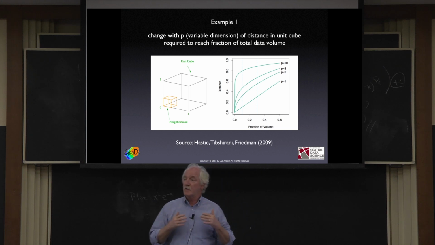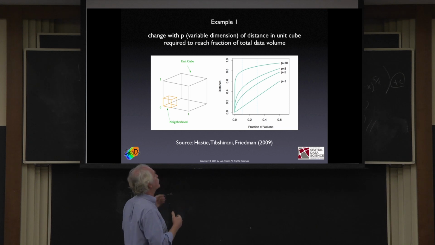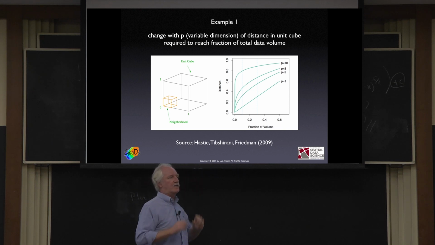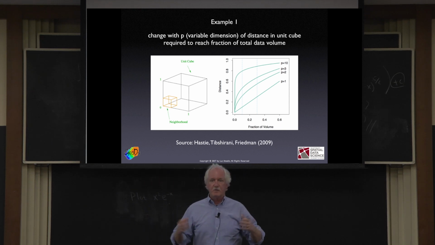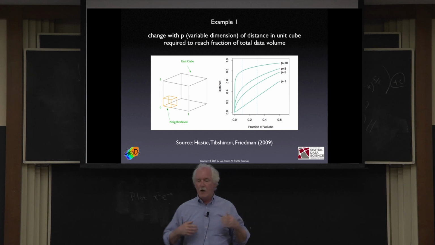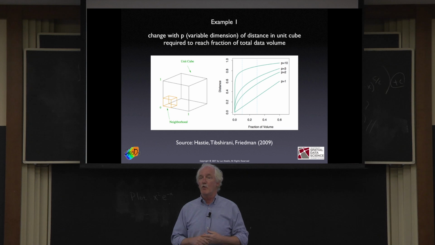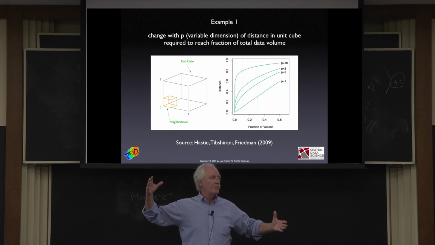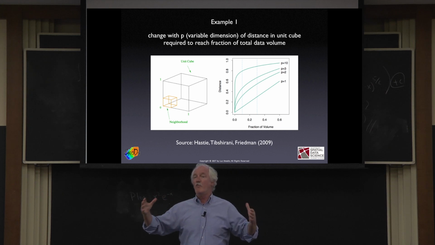So the point of this is, if you are in 3 dimensions and you want to capture 10% of the data, you have to go to close to half the size of the box. And that's something that is going to completely throw you out if you have to deal with 10 dimensions or more, because then you have to basically cover the whole thing to get even a very small fraction of the data,